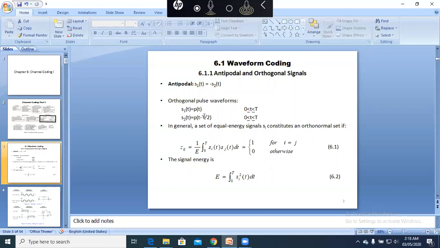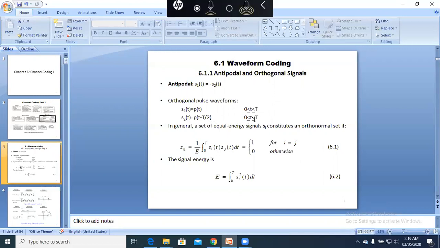So these two pulses are orthogonal. And if we want to test the orthogonality, we just take the cross correlation of these two signals, and the result will be 0